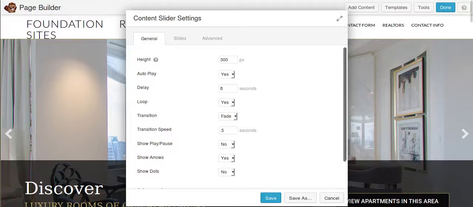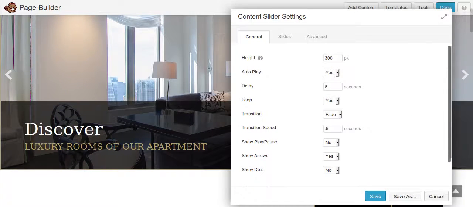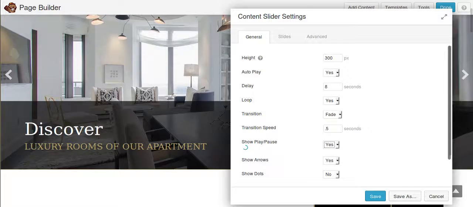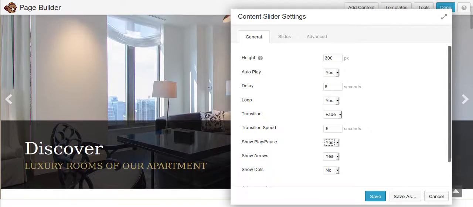you can set the speed between each slide. I guess that is the transition between it. The one up there with 8 is how long the slide actually shows. And then if you want to show these play pause buttons and the arrows and all these things can be